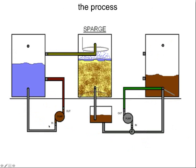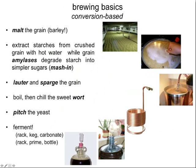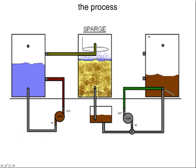Okay, this process again. Here's the process. This is another cartoon that I stole, but you see how we go one step up. Let me back up just a second to show you one step up from this sort of stovetop action is this sort of mash apparatus, in which we have three vessels, one, two, three. And here, obviously in the middle vessel, this is showing you the sparge step. But let's back up a second and say, well, we're going to heat our